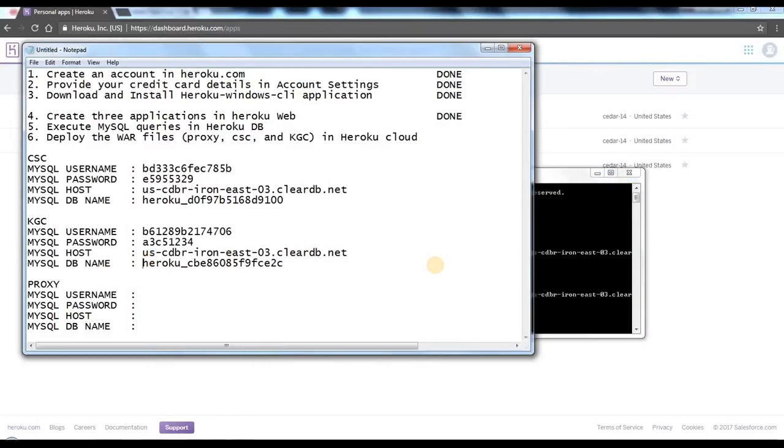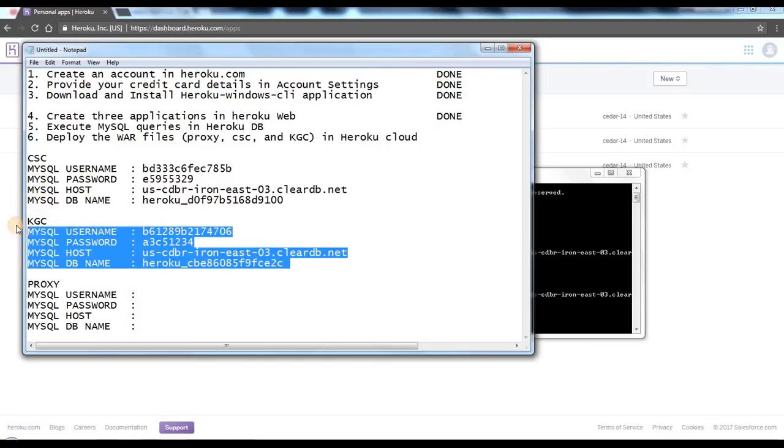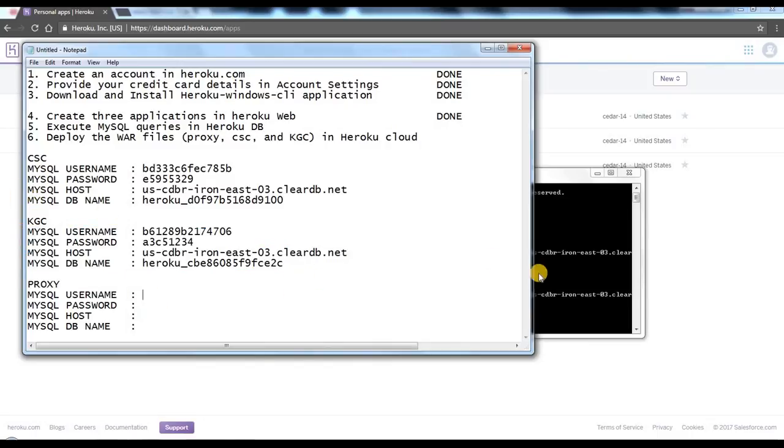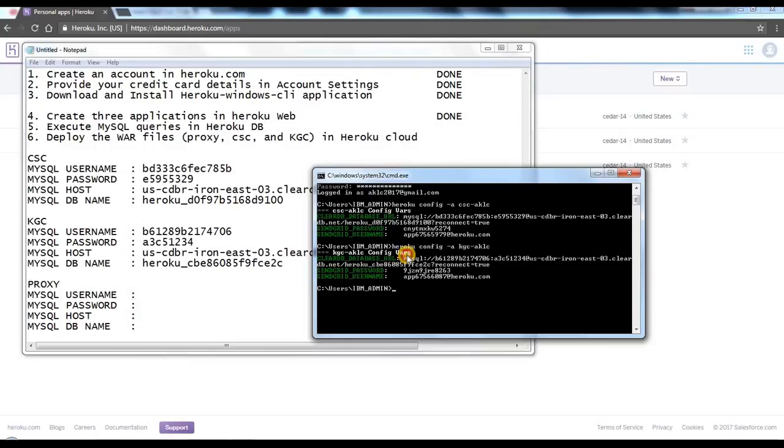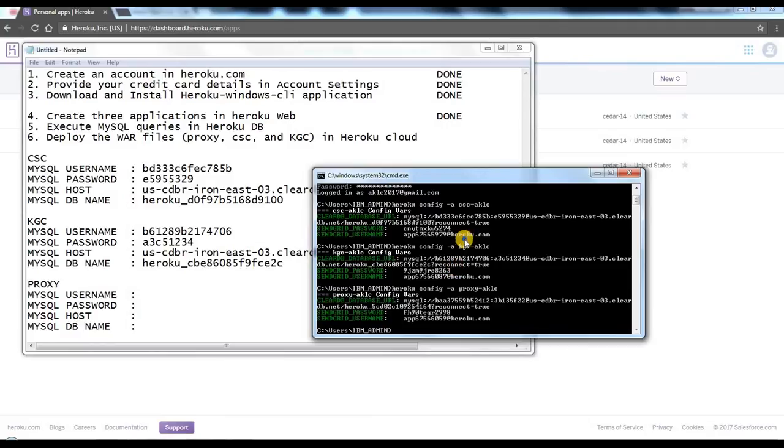Now we found out all this information for KGC. At last we need to find out this information for proxy. The command is heroku config -a proxy-aklc. You need to enter it as proxy- your college name, and from here till here